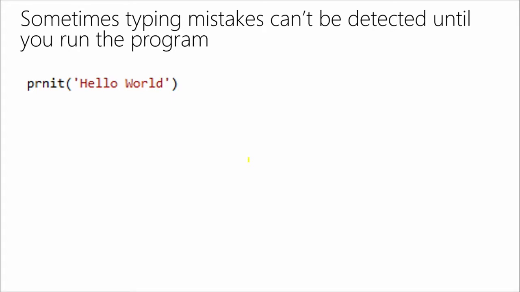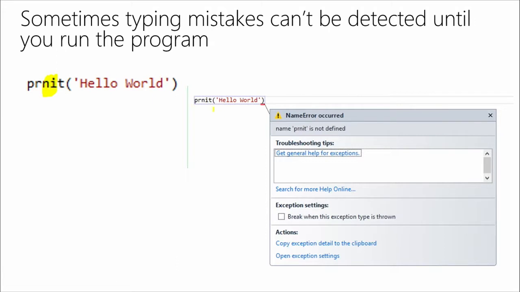Now, sometimes there'll be typing mistakes you make that aren't actually detected. You won't see a red squiggly. If you type in PRINT hello world in capitals, which is incorrect because I would have to use lowercase, I accidentally mistyped. But there's no red squiggly that appears if you type that into Visual Studio. Exactly. Instead, what happens is when you run the program, Visual Studio goes off and tries to execute this Python code. And the interpreter says, I can't find a function called PRINT. Yep. And at that point, it throws an error and says, excuse me, there is no function with the name PRINT in this code.